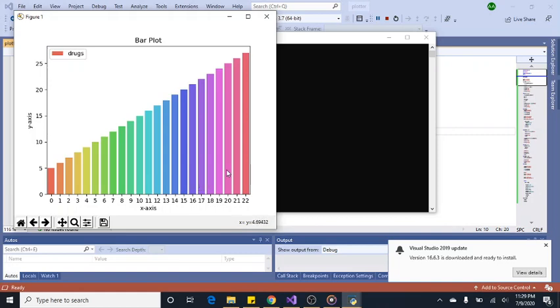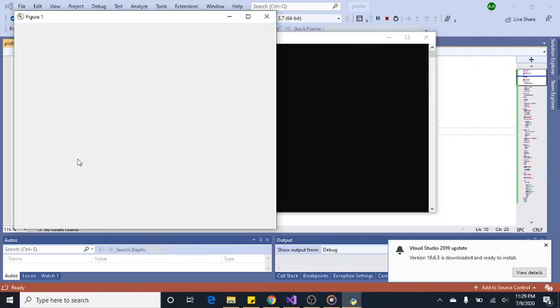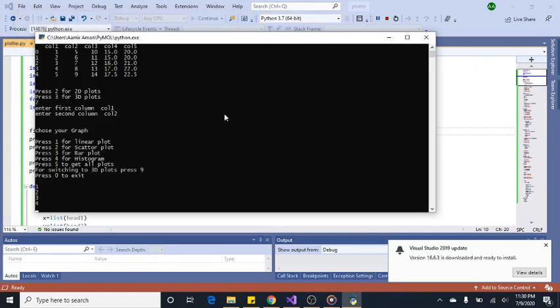We will see in just a minute how we can get these colorful plots using different plotting libraries. So press 4 for histogram. You can see this is a histogram, which you can collect from the current directory,